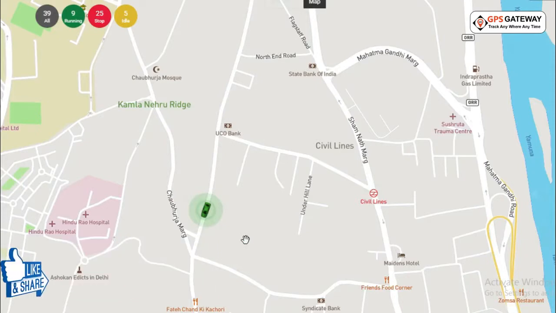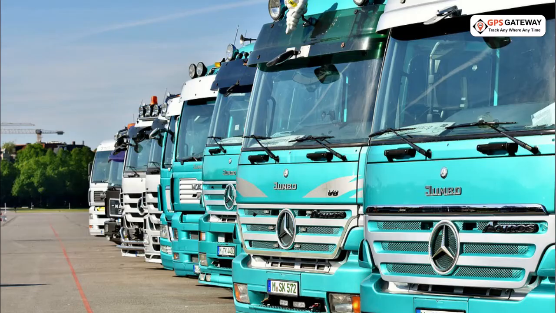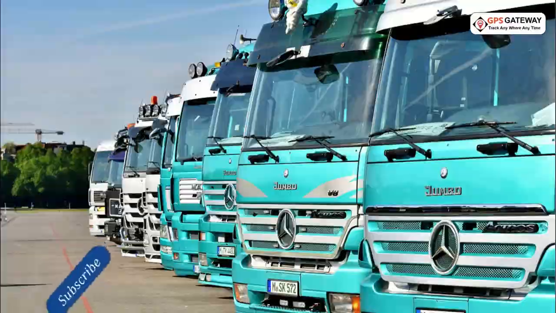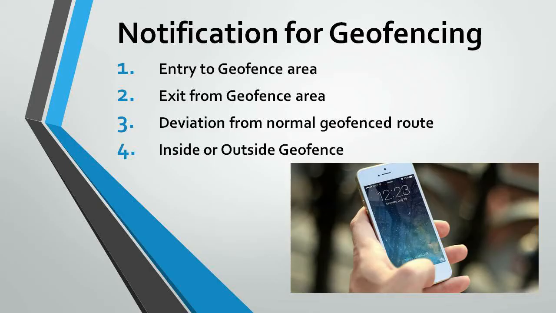For example, if you have to mark a certain area, consider you own a transport company. This company has a lot of trucks which provide service in an industrial area. Now let us assume there is this company ABC and one of your trucks loads and unloads material there. You want that whenever the truck goes in the vicinity of that ABC company or leaves that company, you should get a notification on your mobile. This is possible, and for that you can geofence that ABC company.